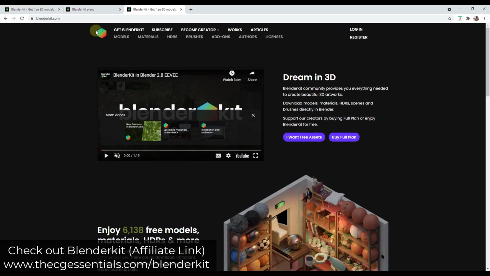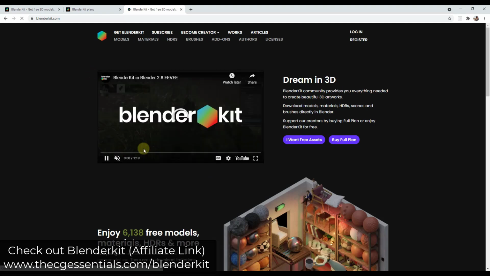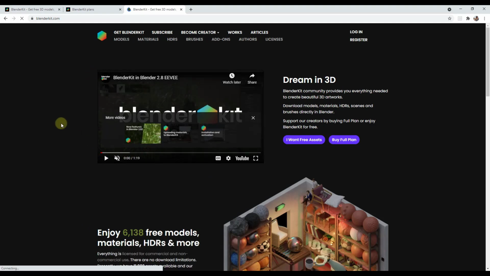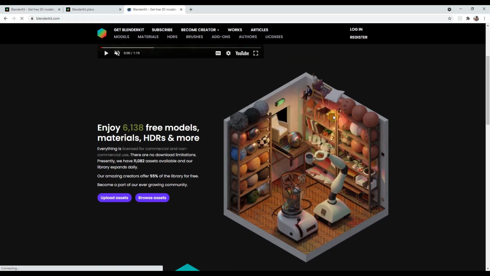Alright, so one of the things that I always recommend when it comes to working with your models inside of Blender is to download as many models as you can instead of actually modeling them out yourself when it comes to things like context models and other things like that. So for example, if you've got tables or chairs or anything that's going to go inside of your model, it's usually a good idea to download those rather than spending a whole lot of time modeling them unless there's something very specific that you need.